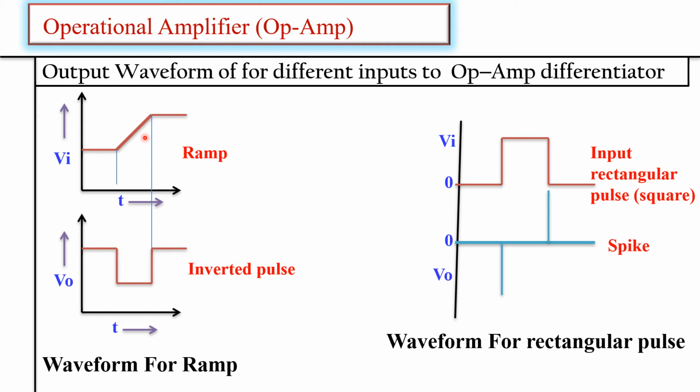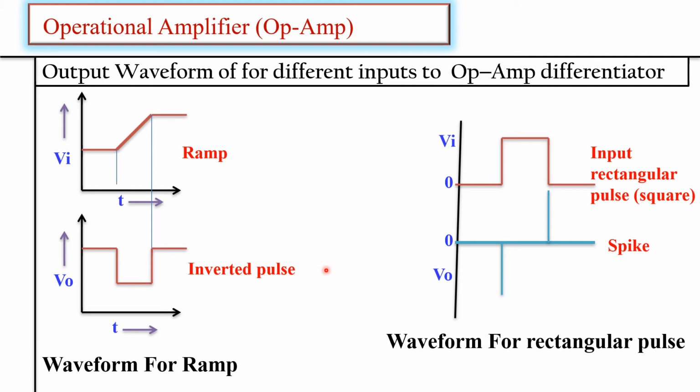See, when we differentiate this ramp, we get the inverted pulse. So waveform for ramp and waveform for rectangular pulse, right? For DC, you will get 0 volt. Similarly, let us say if we apply a sinusoidal signal, that is a sine wave, then the output we get is minus cos omega t. And likewise, if we apply a triangular wave at the input, then at the output of this differentiator we'll get